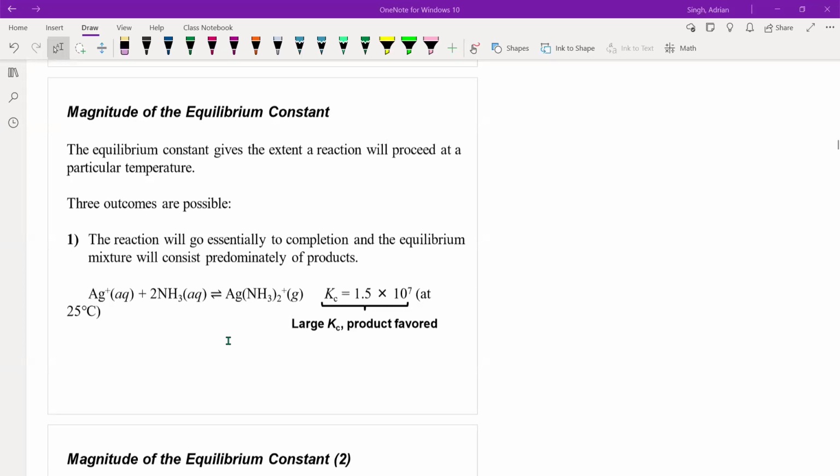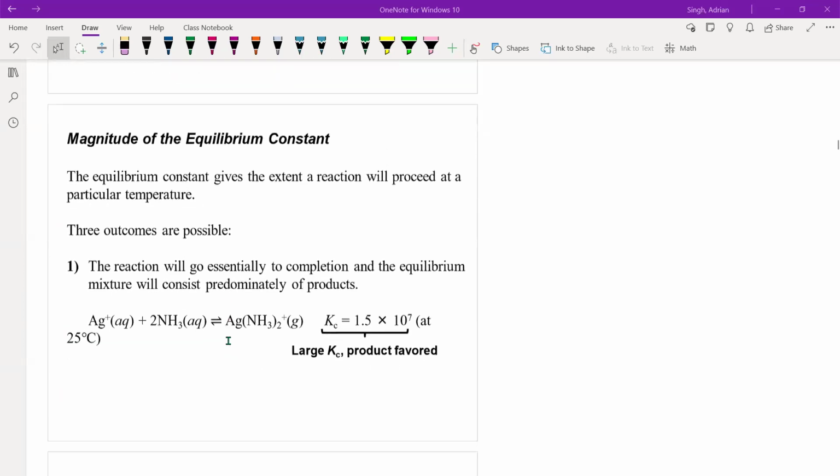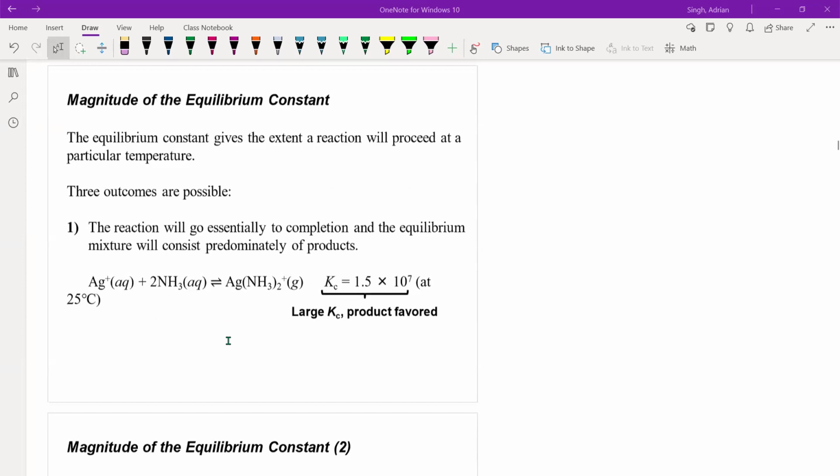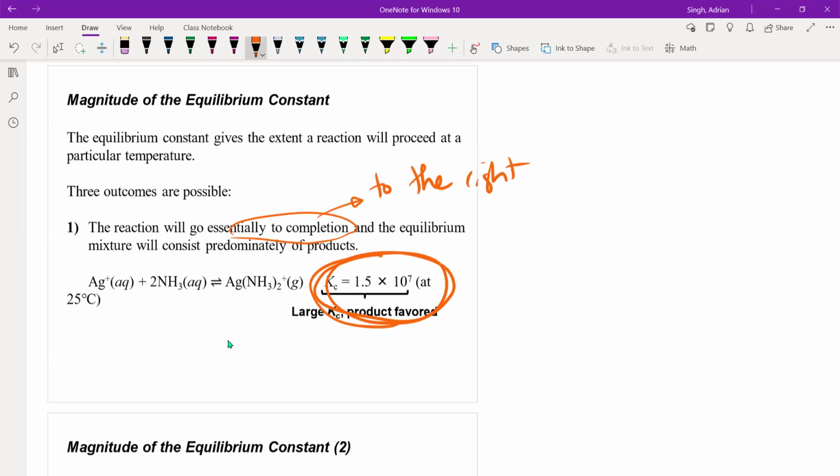So what about the magnitude of that equilibrium constant? Well, there are three general situations that can result when we calculate that equilibrium constant. Depending on the numbers you put in, you can get a very large value for Kc. If you do get a large value for Kc, like this one shown here, what this suggests is that this reaction will go essentially to completion. So all the way to the right, meaning from the reactants to the products. The products are on the right side by default. So if you get a large Kc, that means the product is favored. The lingo that we use to describe this is that the equilibrium lies to the right